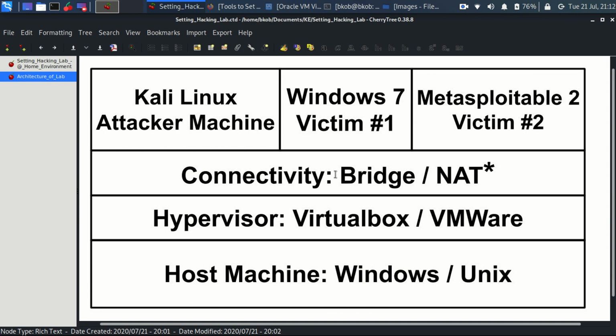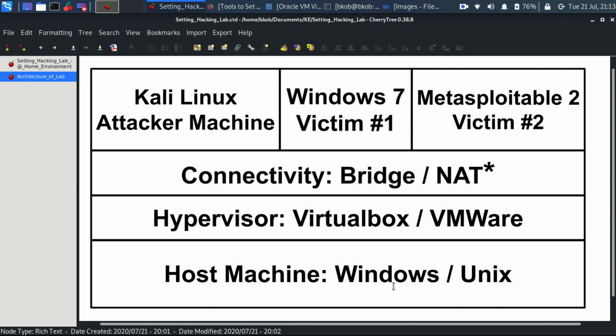The difference between bridge mode and NAT mode is that when you use bridge mode, all those virtual machines, your guest operating systems, would be using the network adapter of the host machine. Your laptop or desktop would be using an Ethernet adapter or a Wi-Fi adapter, right? So when you select bridge mode, these guest operating systems would use the actual Wi-Fi or Ethernet adapter and communicate with your host machine. You could also use NAT.